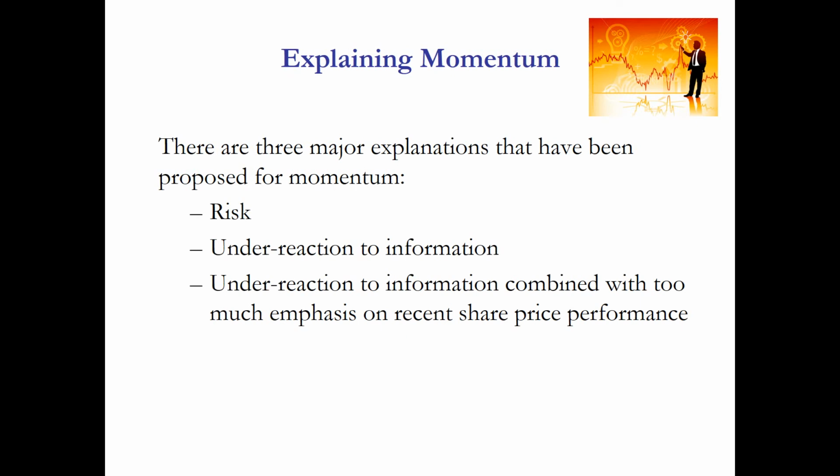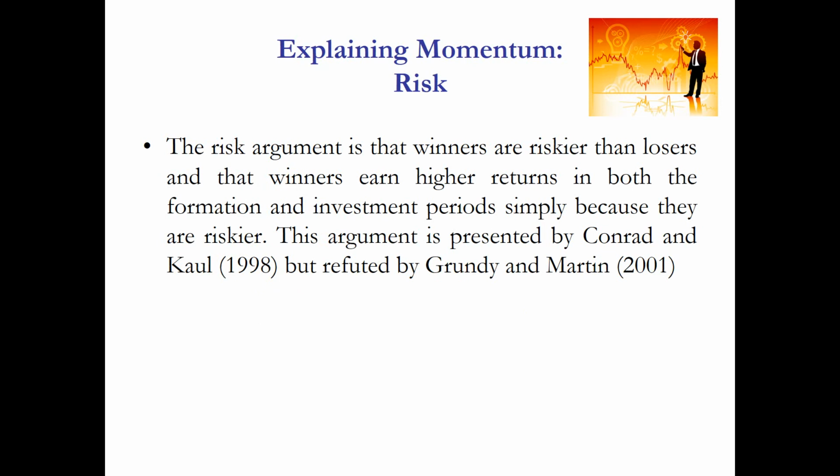There are three main explanations for momentum. One school of thought is that returns generated by a momentum portfolio are capturing risk that's not explained by traditional models like CAPM. However, the majority of arguments in the academic research suggest that momentum is a behavioral phenomenon. This argument suggests that investment in momentum can be explained either by underreaction to information, or potentially a combination of both underreaction to information and subsequent overreaction to price performance. So we will look at each of these explanations, and first of all, we look at the risk-based explanation.